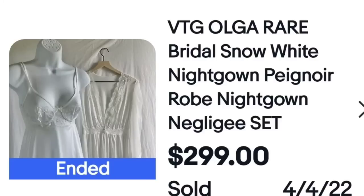All right, I'm going to show you quite a few Olga because there are different styles, and again, this name is all over the high dollar. So this is an Olga Rare bridal snow white nightgown. And I feel like the bridal is kind of up to the seller's discretion. So if you've got white and lace, you definitely could probably throw the word bridal in there. This one sold for